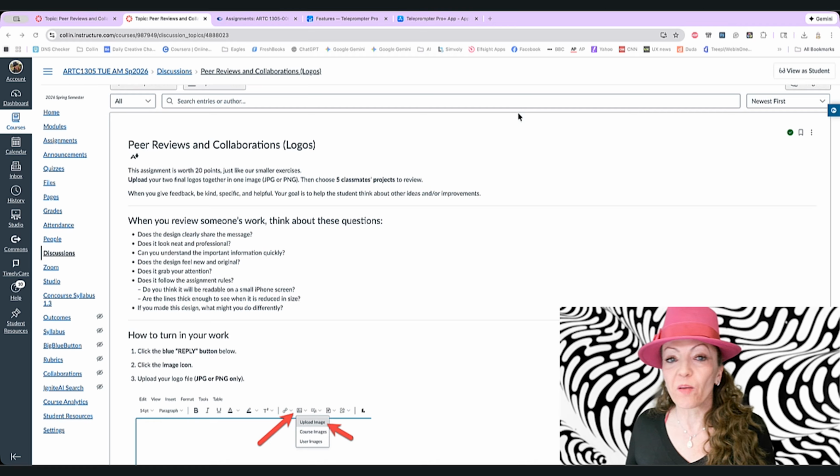Today we're going to talk about the new Canvas discussion checkpoints, what they are, why they're useful, and how to set them up in your course. Discussion checkpoints let you split a graded discussion into two parts, one due date for the initial post and another due date for student replies to those initial posts. Each part is going to have its own point and grading structure, but it still shows up as one assignment